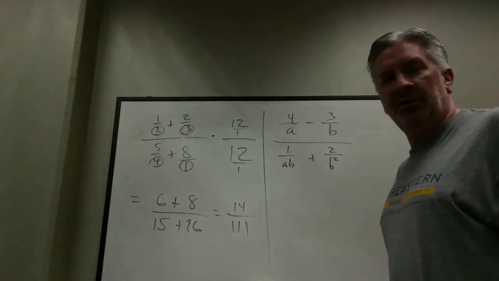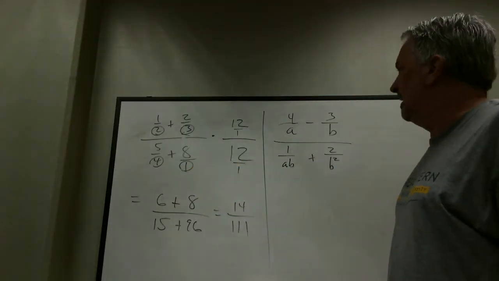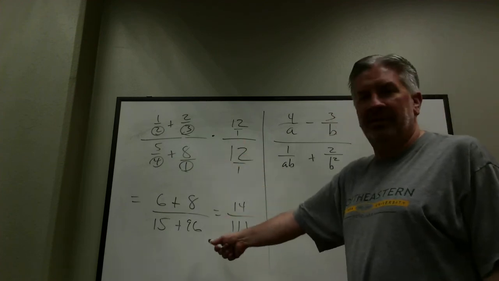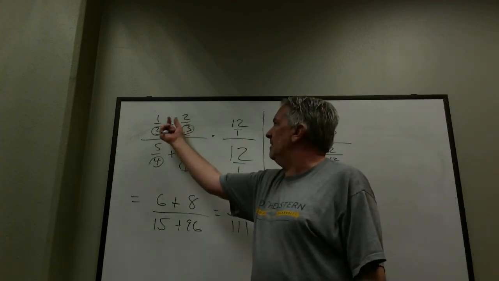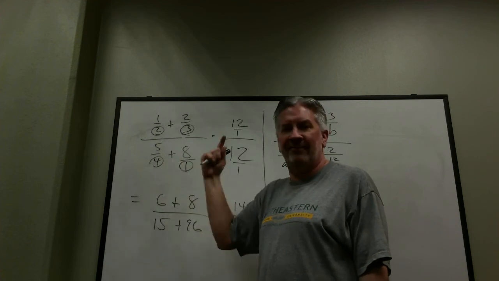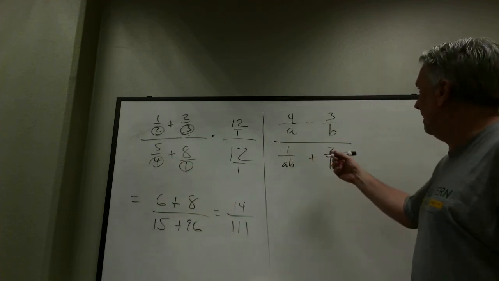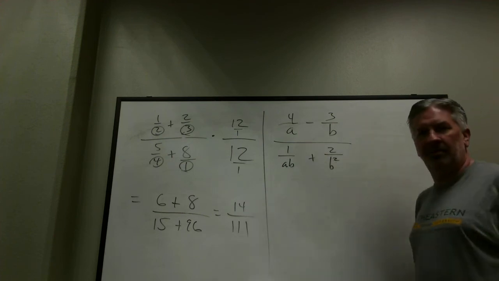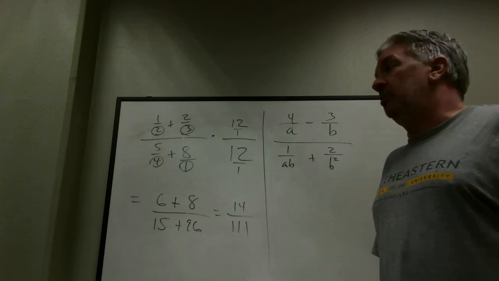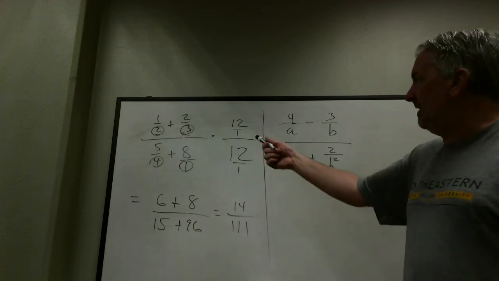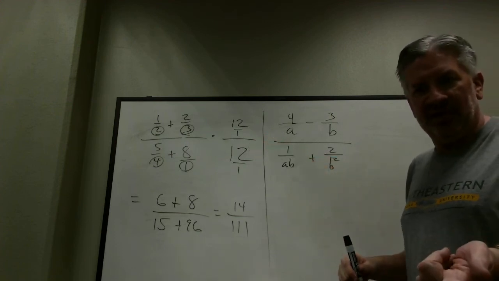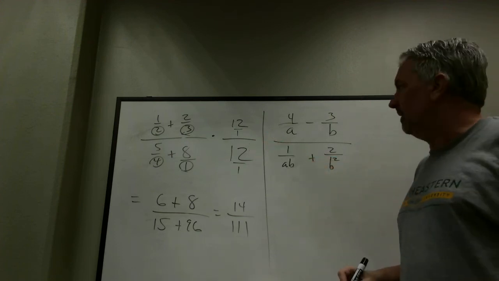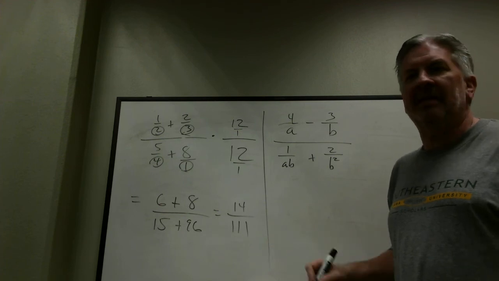Now I should tell you, if you look at the examples in the textbook, they're not going to do it this way. They're going to get the common denominator and add, invert, multiply. On a problem like this, they're going to get a common denominator and subtract, common denominator, add, invert, multiply. What you may want to do for practice is, if you see an example in the text that does what I just said, common denominators, try it the way I just did it